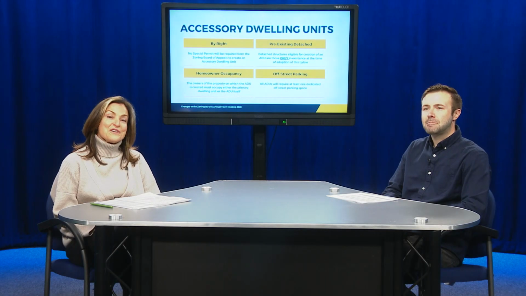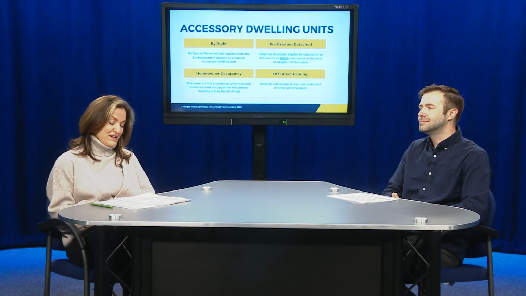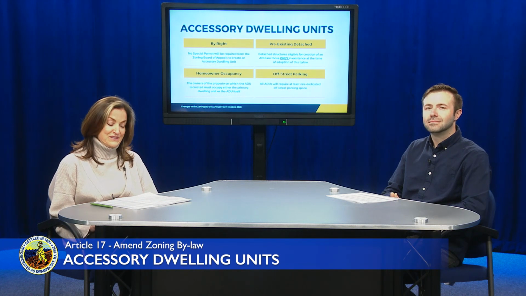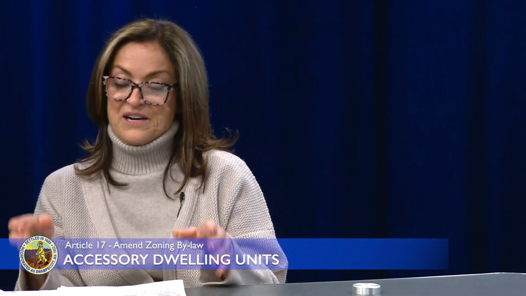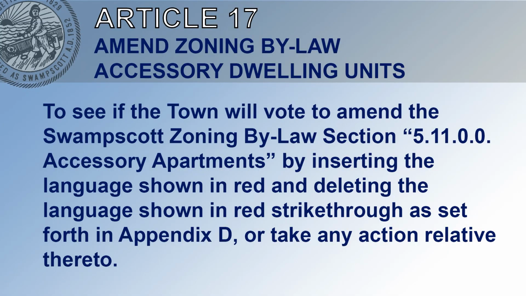All right, so the first article we'll be discussing this morning is Article 17, which deals with accessory dwelling units. I'll read the language that appears in the warrant. Article 17, a proposal to amend the zoning bylaw to allow for accessory dwelling units. It reads, to see if the town will vote to amend the Swampscott zoning bylaws, section